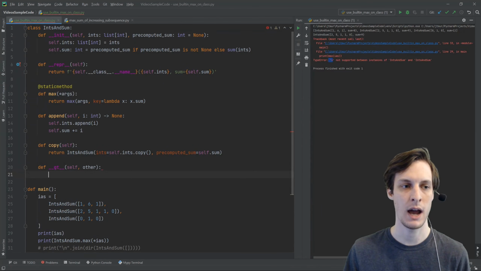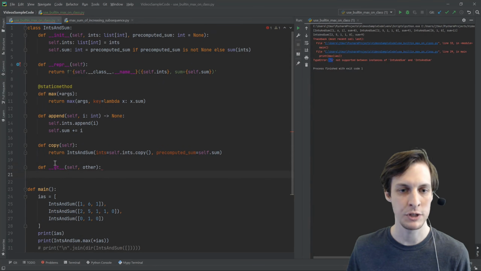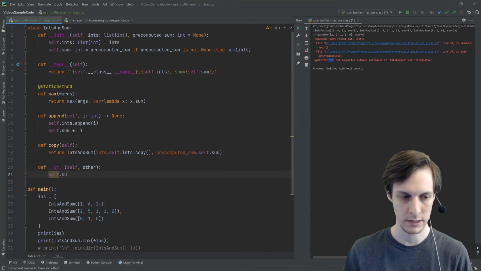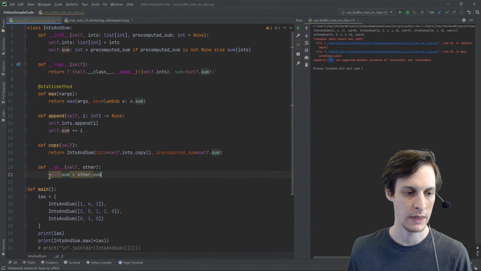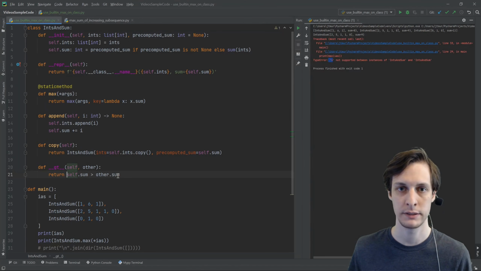So in this case, I want to define that self is bigger than other just based off of their sum. So I want to say if self.sum is bigger than other.sum, then I'll just return that. So self will be bigger than other if self.sum is bigger than other.sum.